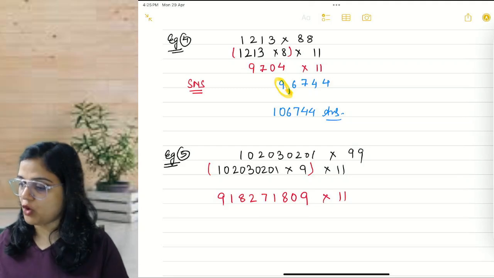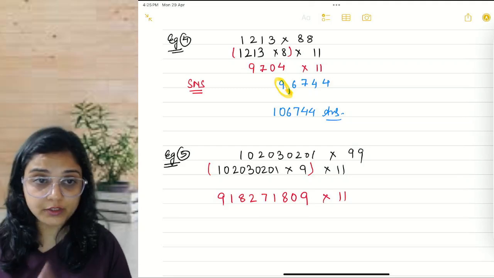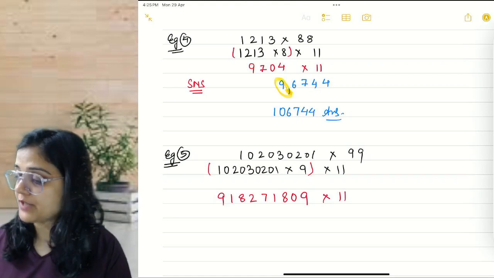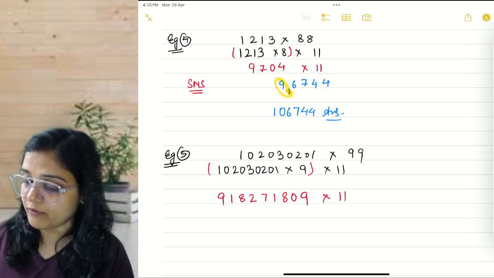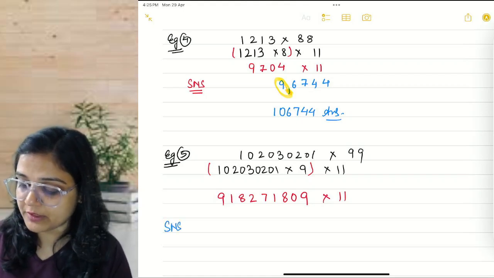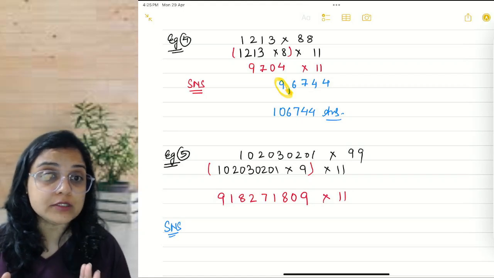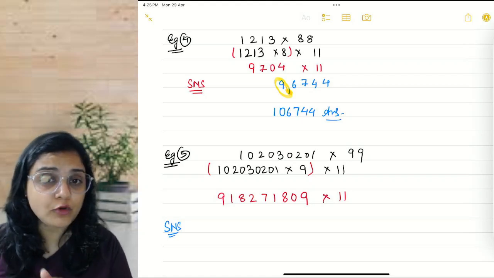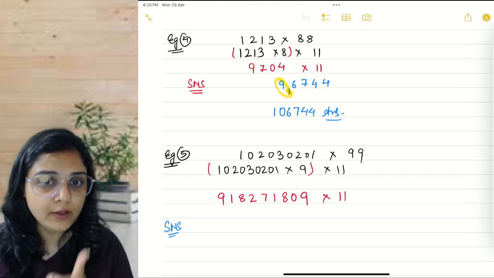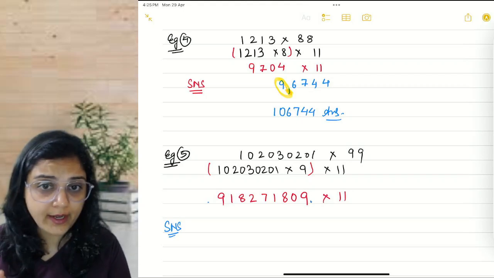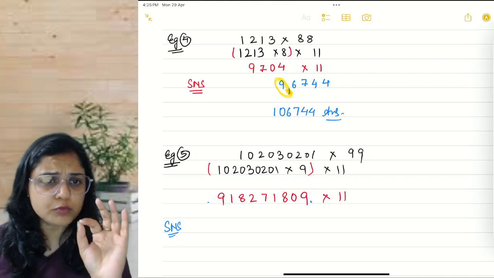All right, so let's continue with this. So we have got this as the product. Now we have to multiply it with 11 using the single knot sandwich method. I am doing it with blue color. This is a big number. You have to be very careful this time when you multiply them because you will get the carries as well. All right. So be very careful. There are two zeros, one in the beginning, one at the end. I'm just putting those small blue dots.